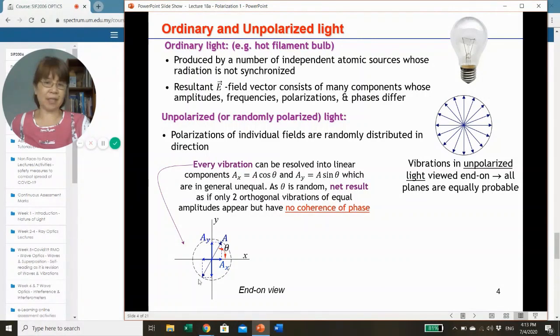Let's define vertical and horizontal, x and y. So we have the x component and y component, whereby the x component is just cosine theta, the y component is sine theta, and the net